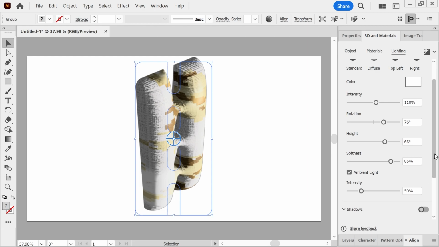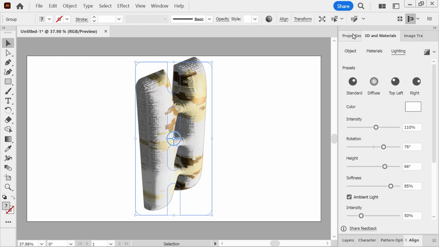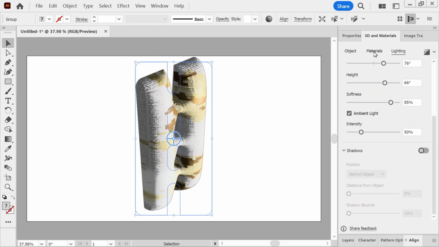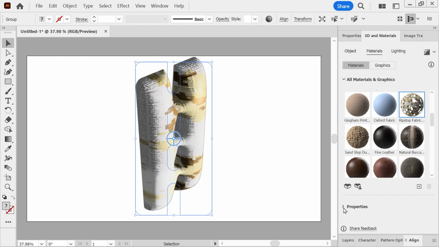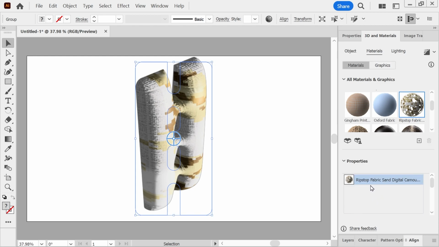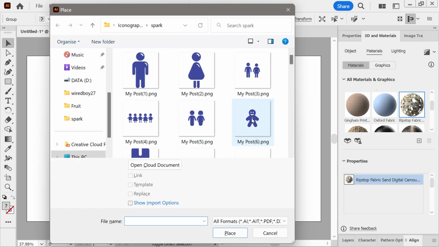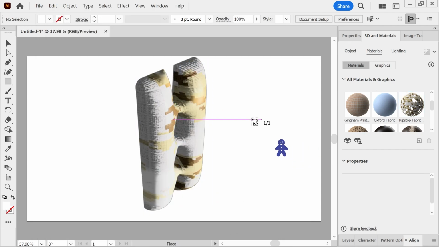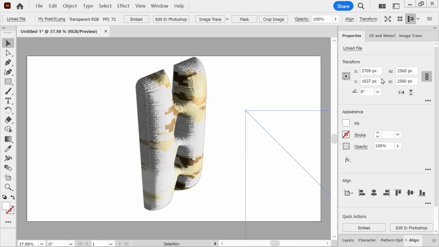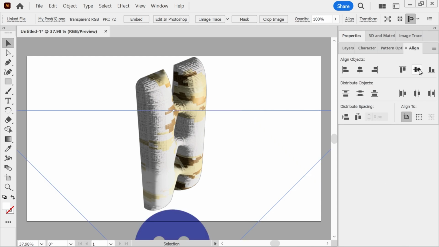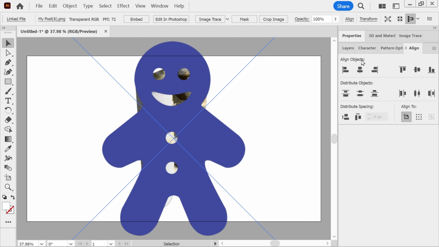Another thing you can do that I think is also quite powerful in this, if you go into the 3D materials, in the materials section, look at properties, right? What you can actually do is, let's get that, do something with the gingerbread man. So we'll get our gingerbread man here. Put that down, and we'll just do, I have a line? And you go gingerbread man, and